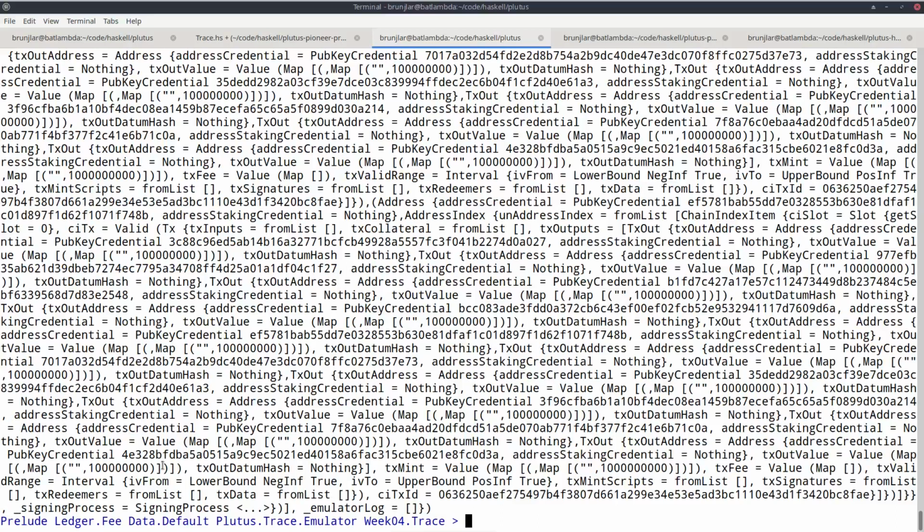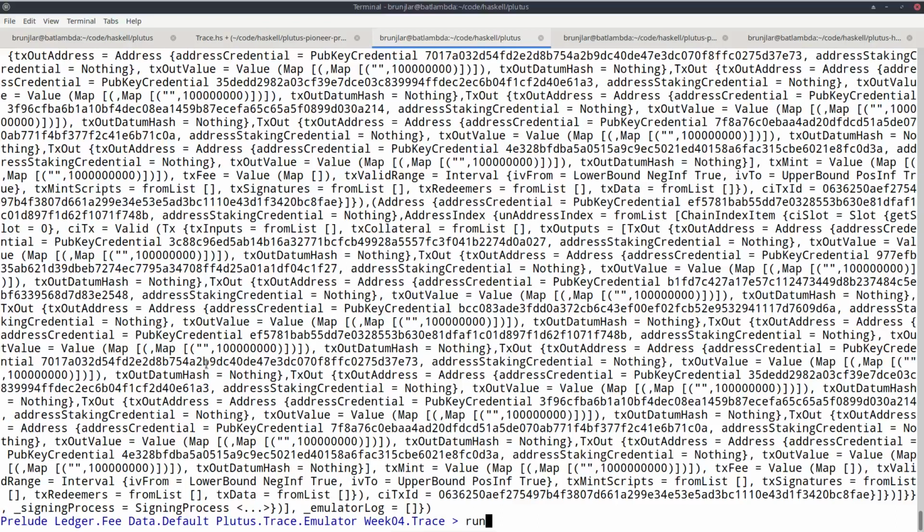And wow, we get a lot of output. That's mostly due to this list of emulator events. So even for a trace that doesn't do anything, we have many screens full of events, which also demonstrates that this is not very useful for trying out a contract in the REPL, because there's just too much information.